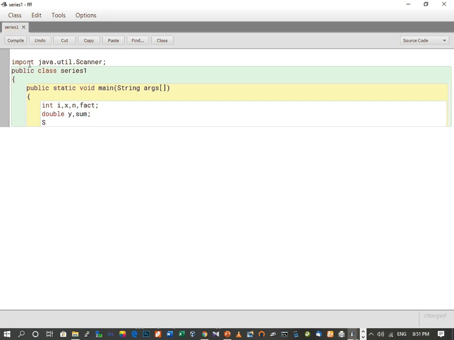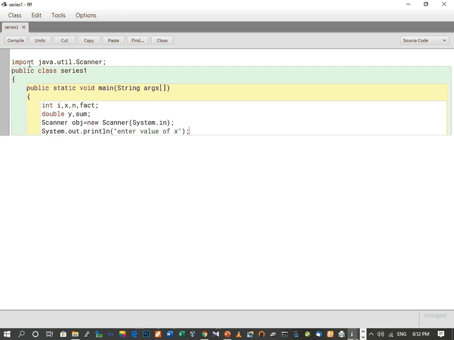Then we create an object of the scanner class, scanner obj equals to new scanner system dot in. Now we will ask the user to enter the values of x and n. So system dot out dot println enter value of x.